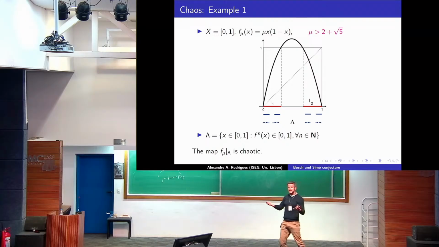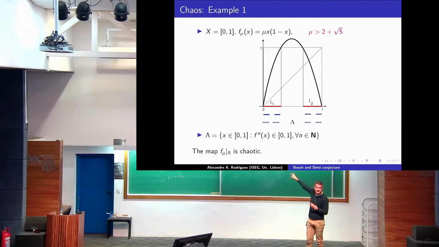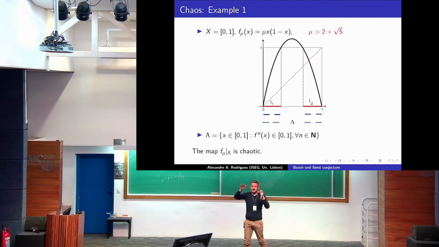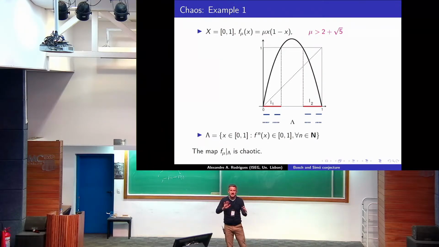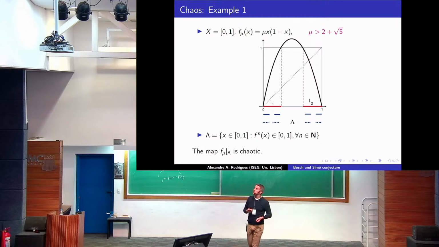In the second iteration, what is the part of E1 and E2 that falls into the interval after 2 iterations? So I have 4 closed intervals, and after I have 8 subintervals, and so on, and so on. And at the end, I have a dust. This dust is called a Cantor set. It's not important, but it's called a Cantor set.